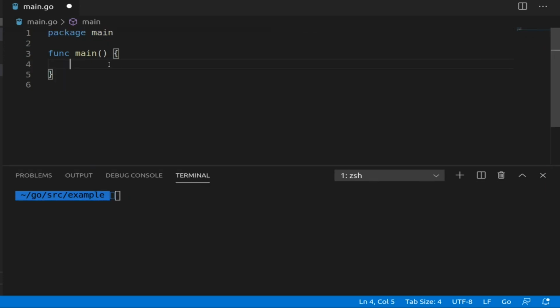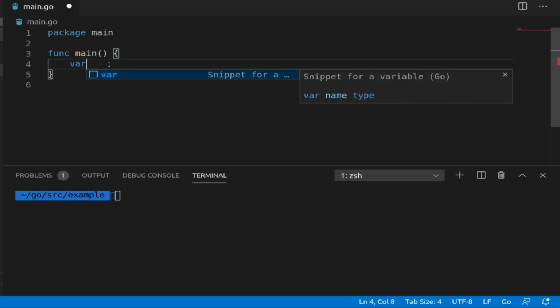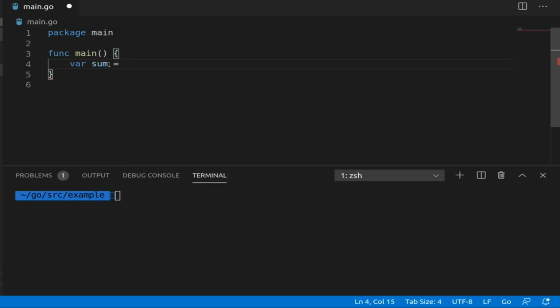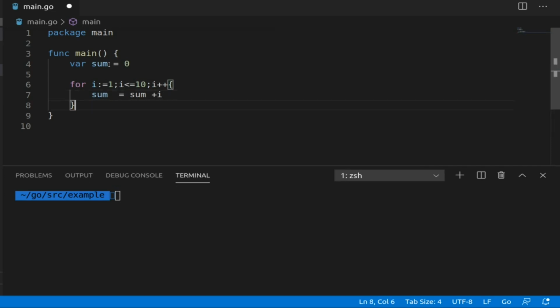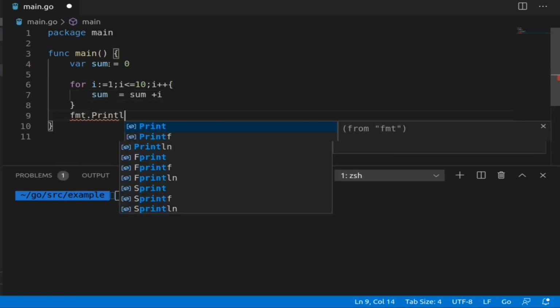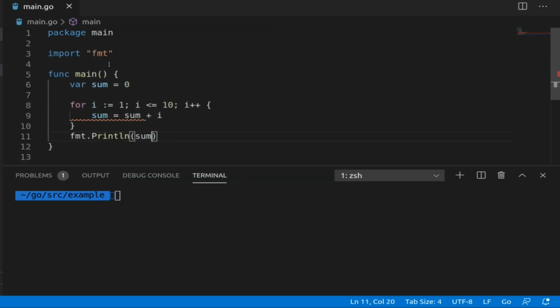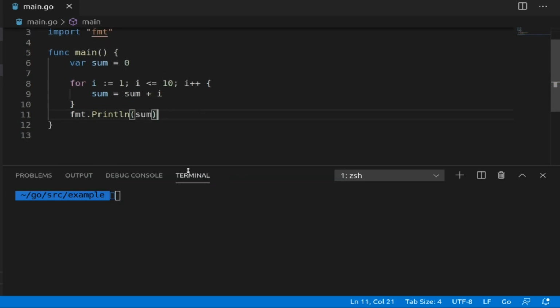Now let's take an example of for loop. For that, I will take a sum of all the integer values from 1 to 10. For that, I am taking sum equal to 0, and using a for loop I should start i from 0, i should be less than or equal to 10, and I should increment. Now take sum equal to sum plus i. Now print the value of sum and run the program. Now you can see 55, which is the sum of the numbers 1 to 10.